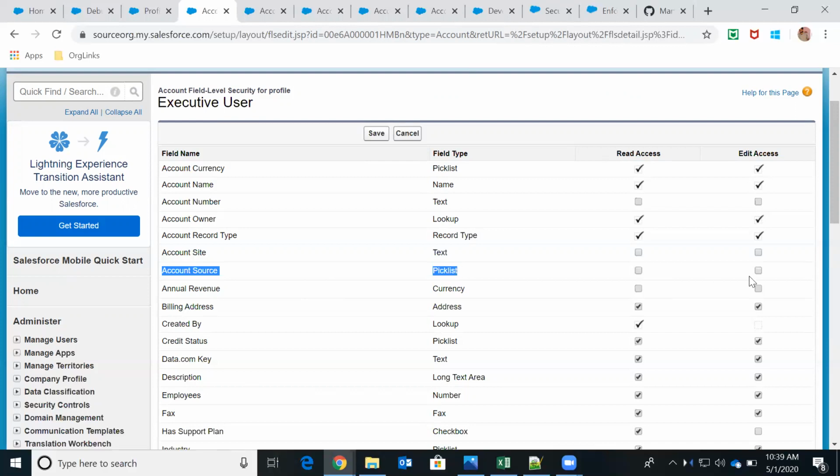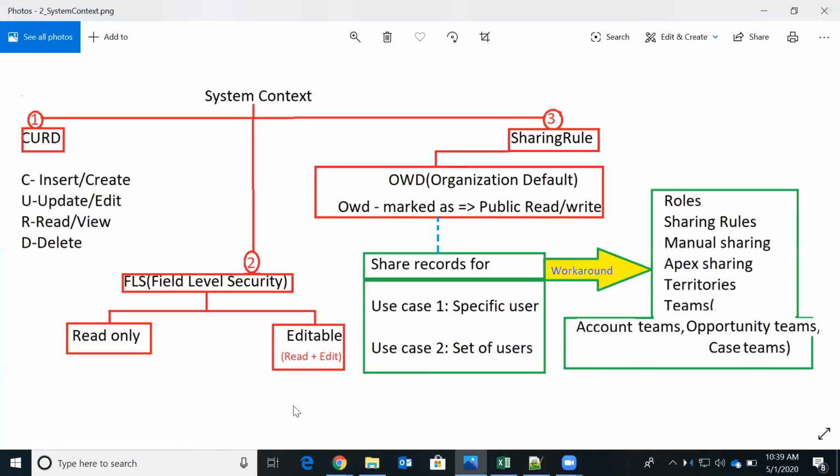Now if you observe carefully, I'm not going to enable the read checkbox, I'm just trying to enable the edit checkbox, and immediately the read checkbox is also enabled. That is what editable is, read plus edit. So now we understand what FLS is and how it behaves in a read only context and in an editable context.